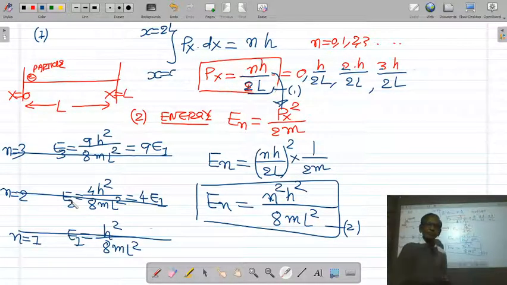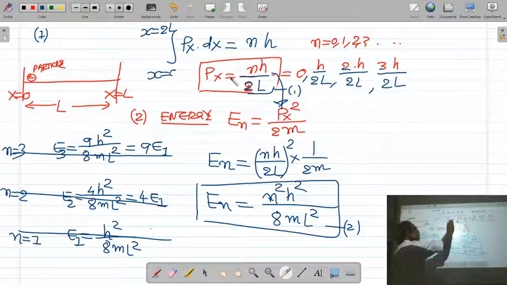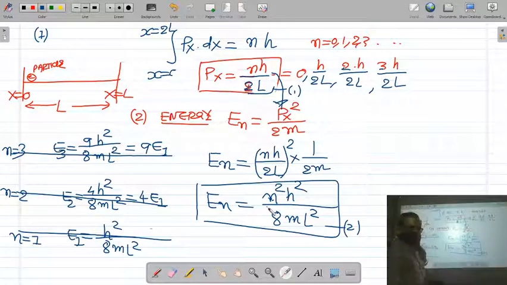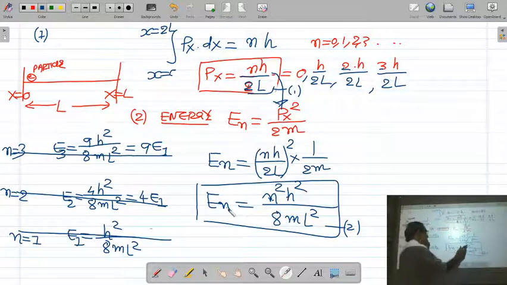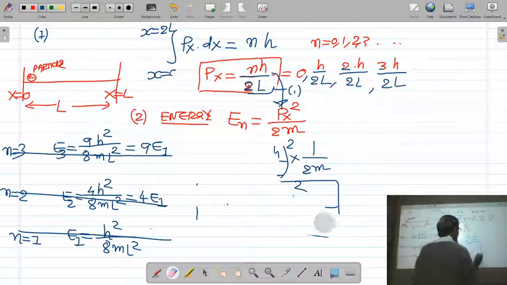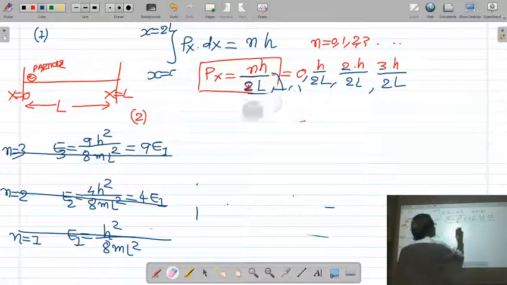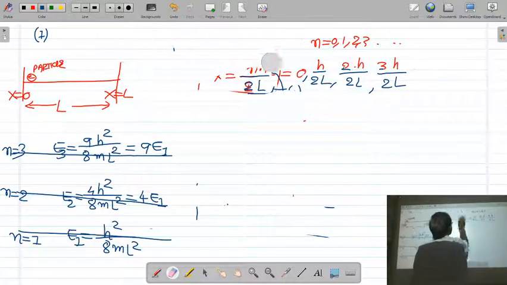On the other hand, in classical mechanics, any value of velocity and momentum is possible, and a particle can have any value of energy, so we get a continuous spectrum. Quantum mechanics says that we get discrete energy levels of the particle whose energy is given by n squared h squared upon 8mL squared. And lastly, I give a small example, just 2 or 3 minutes. Only one.